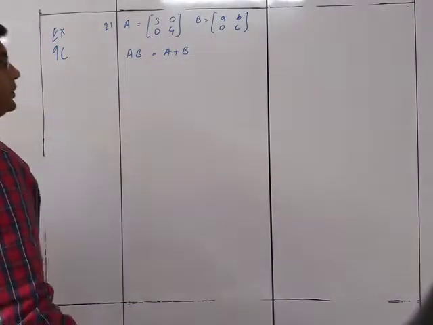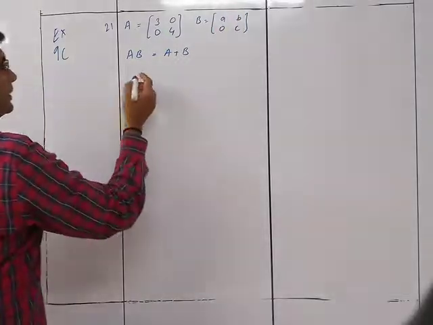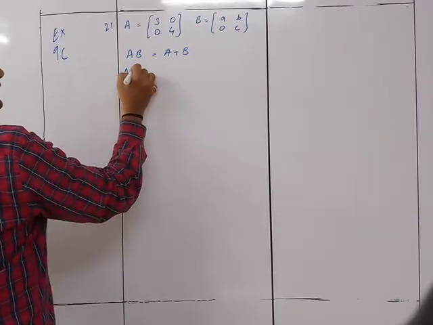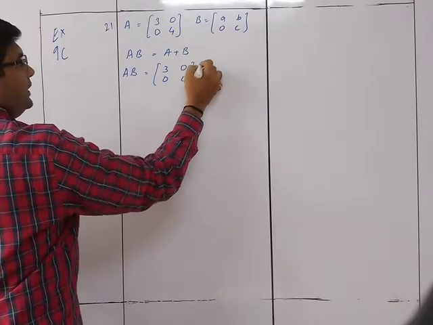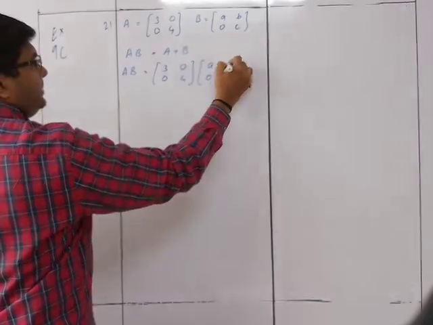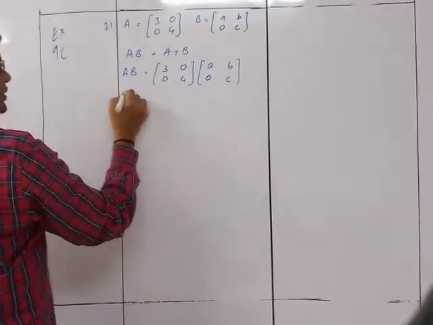So let's do it. We need to find the values of a, b, c. So first AB. AB is nothing but [3 0; 0 4] into [a 0; b c]. Writing it twice, we get